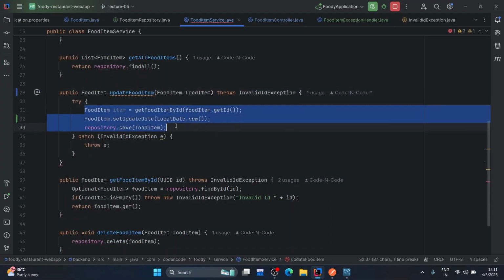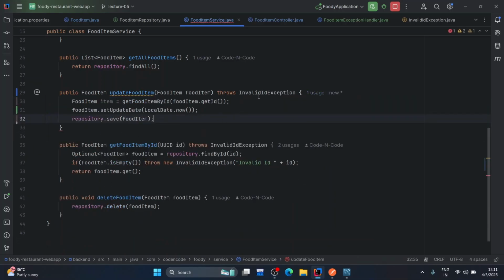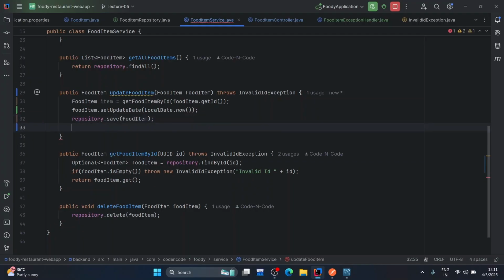One more thing, we don't have to have this try catch block, as we are already throwing it. So if I get any error, it will be thrown automatically, so I don't want to do that. I'm getting an error, did I do something wrong? Oh yeah, there's no return statement, so return